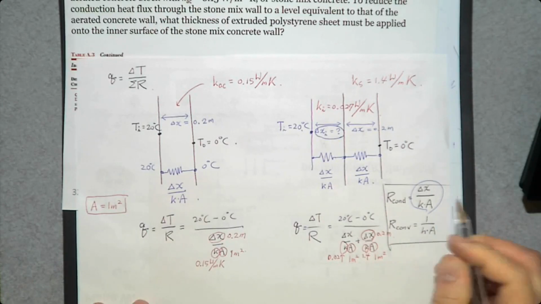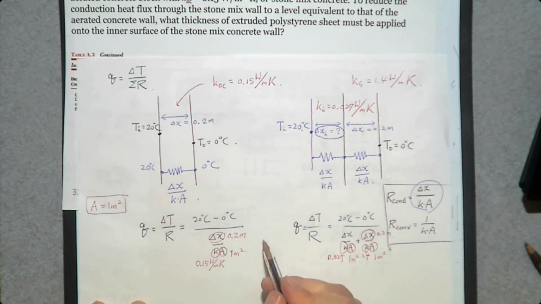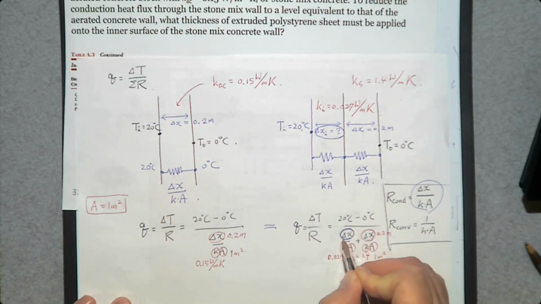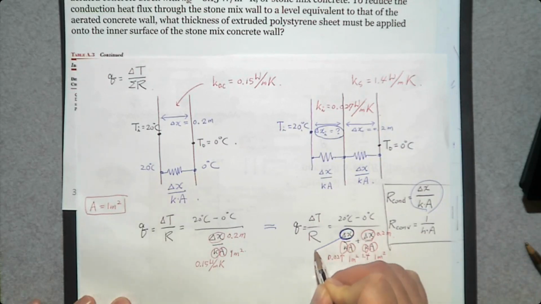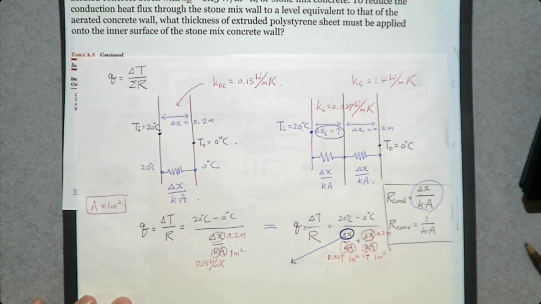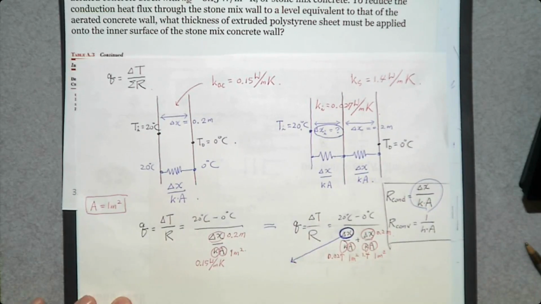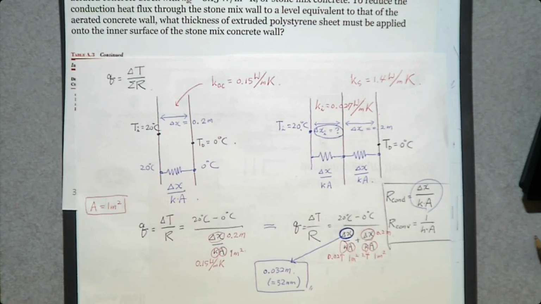0.2 meters. Then we assume that they have the same rate of heat transfer. So we have everything but delta X, which is the thickness of the insulation. So you can determine how thick this insulation could be to have the same rate of heat transfer. And the answer is going to be 0.032 meters, which is, in other words, 32 millimeters. So this is the thickness of the insulation that you need to buy